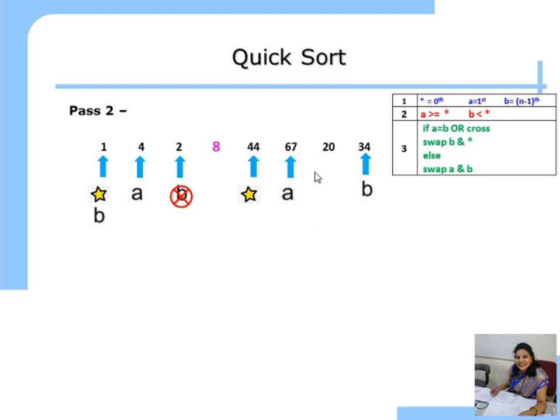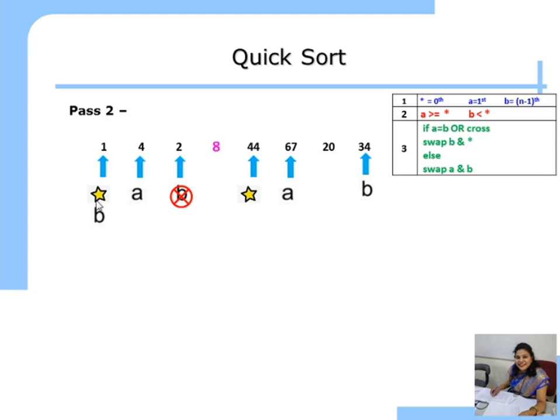Now we will adjust the A and B in a second list. So A should be greater than the pivot. Is it? Pivot is 44. Is it greater than the pivot? A? Yes. B should be less than pivot. Is it? Yes. B is having the 34. It is less than the pivot. So after adjusting A and B in first array, we see are A and B cross or at same position. Yes, A and B are cross. B is at left side, A is at right side.